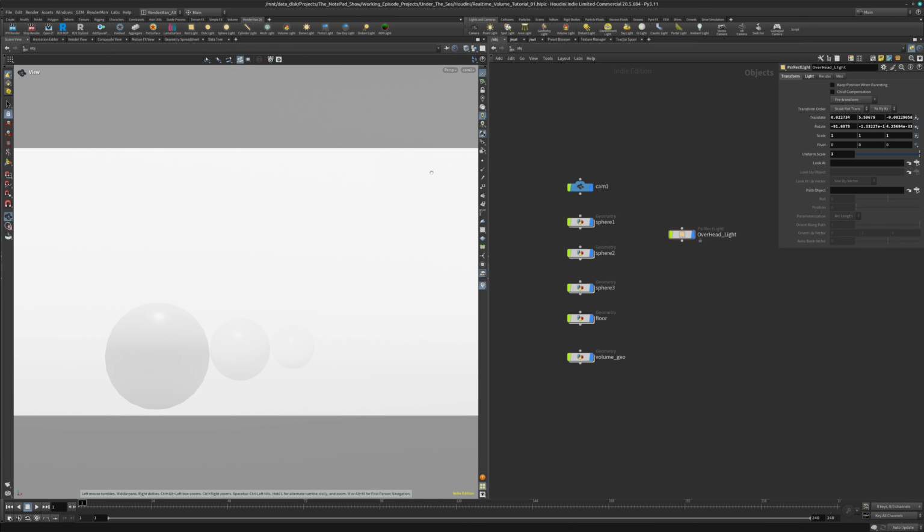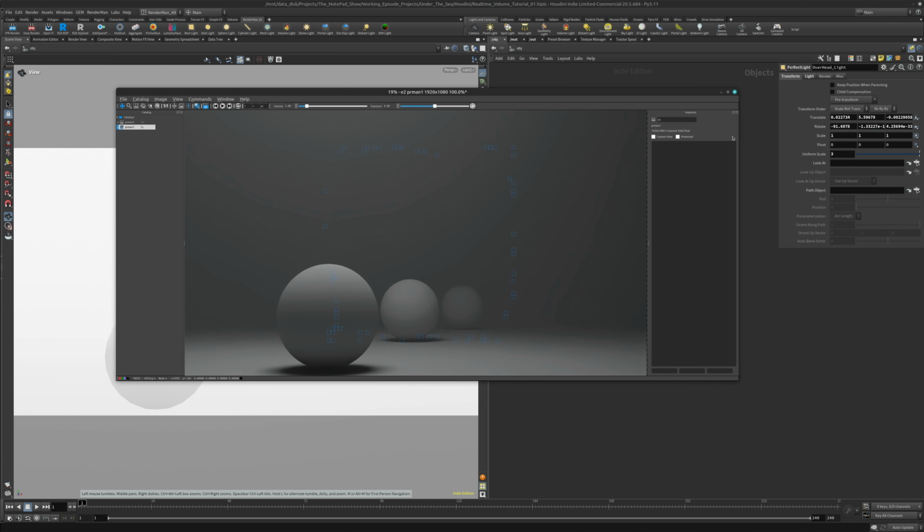But I'm going to look through the camera and I'm going to start the IPR. And here it is. Here's our distance fog. And we have a volume. Now, certainly this does not look like